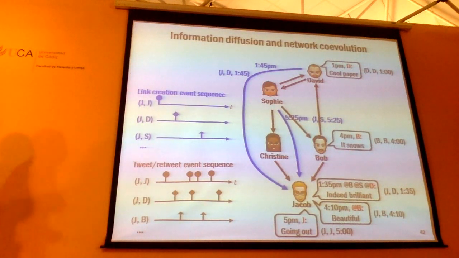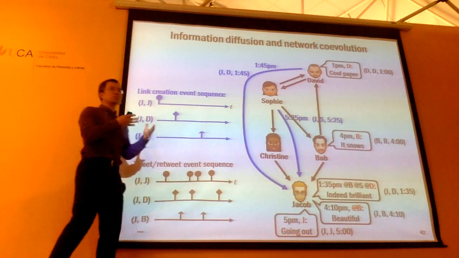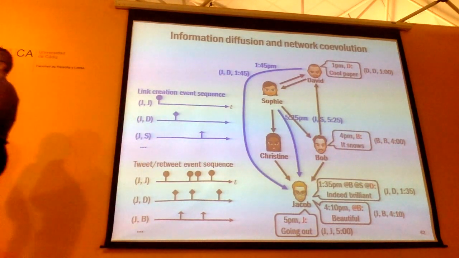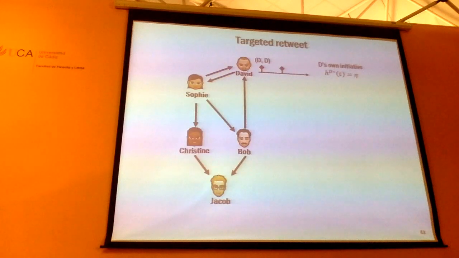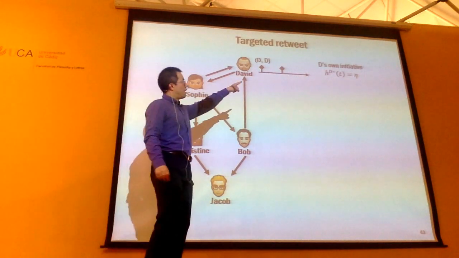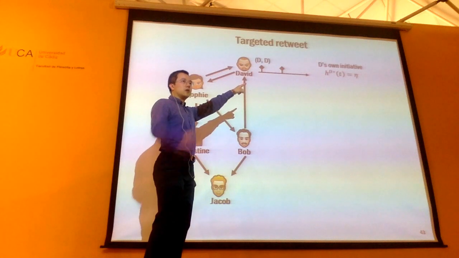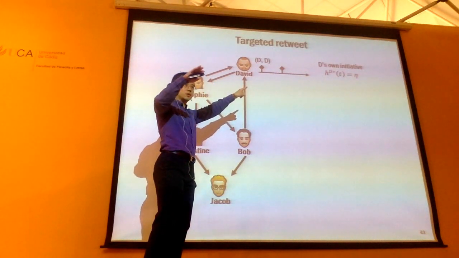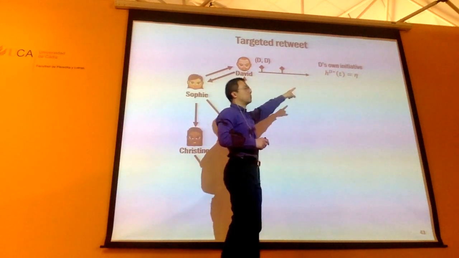You can also take into account the link deletion process as well, but I'm not going to talk about it here. So essentially, once you have these mathematical representations for these events, what's left for describing the temporal dynamics is to design the intensity function. First, suppose we have to design the intensity for David generating original tweets. It's just going to be a Poisson process.